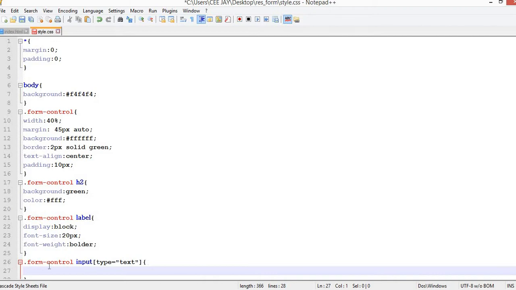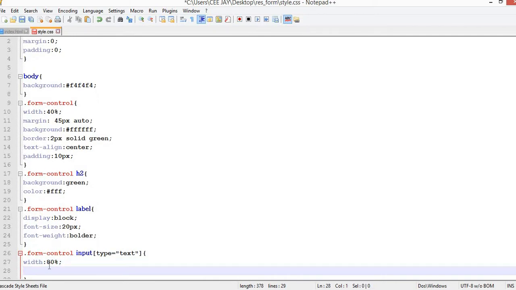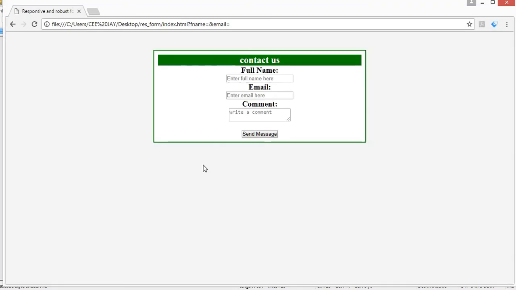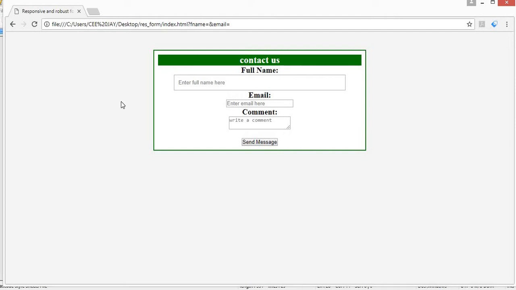So for instance, if I say width equal to 80 pixels, and then height equal to 10 pixels, and Ctrl S to save. If I refresh my page, you will see that only this particular field will be affected. You see that? The reason for that is because this part actually has type equal to email, and this has type equal to something else. So for us to have everything obey this, what we need to do is to